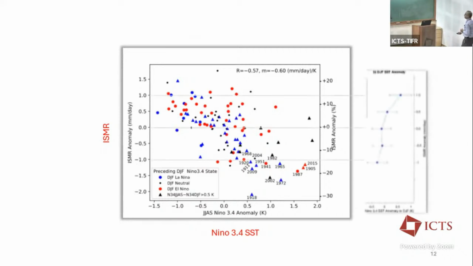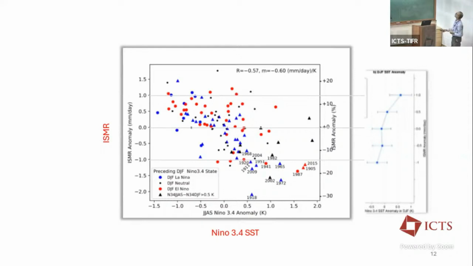what we are trying to say is that it is not just the current summer's sea surface temperature that drives the monsoon rainfall, but the evolution of the sea surface temperature of Nino 3.4, which in turn drives an evolution of the entire atmosphere in terms of its winds as well as moisture, that drives the rainfall. So if you start from a colder state and go to a warmer state, you are much more likely to have a stronger drought. And if you go from a warmer state to a colder state, you are likely to have a weaker drought, or possibly the drought may not come that strong,